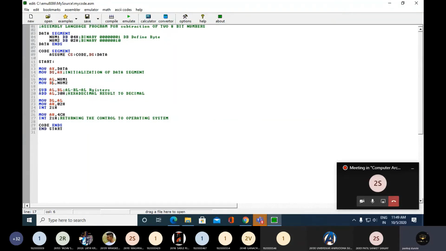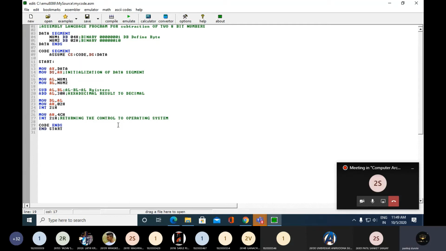Now in the next instruction we will actually perform the operation, which is subtracting the contents of the bl register from the al register. So I will write the instruction sub al comma bl. The bl content will be subtracted from the al content, and the result will be stored inside the al register.